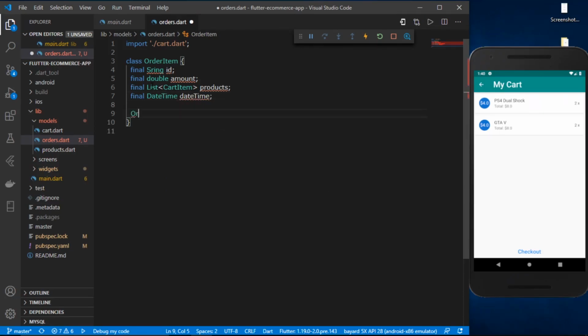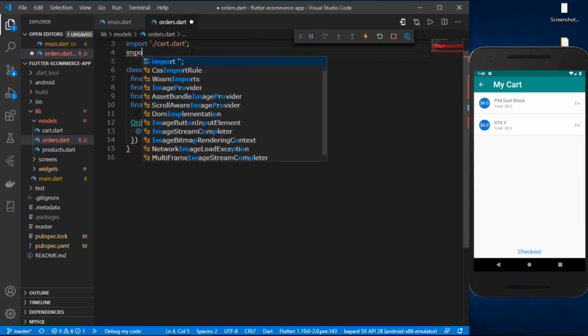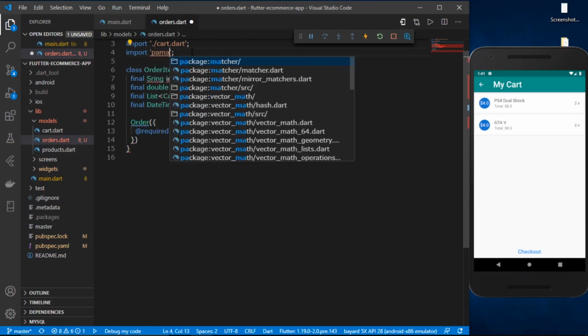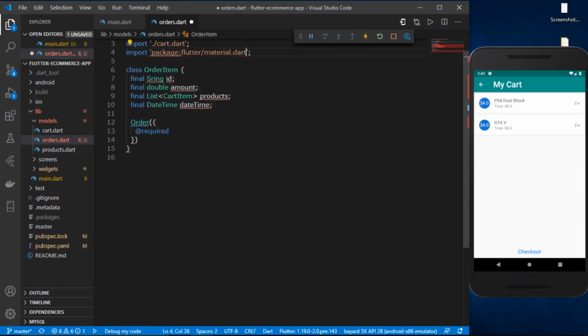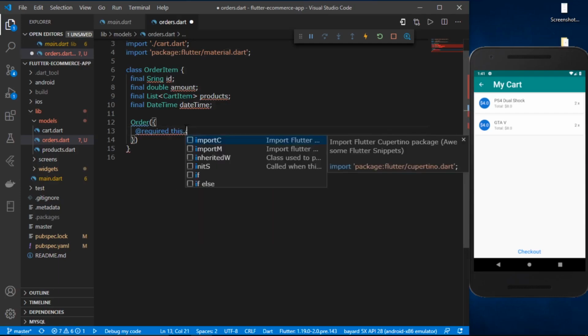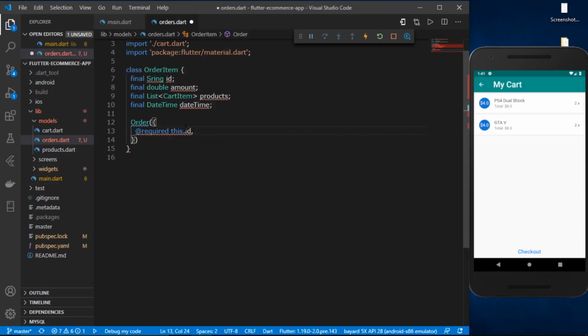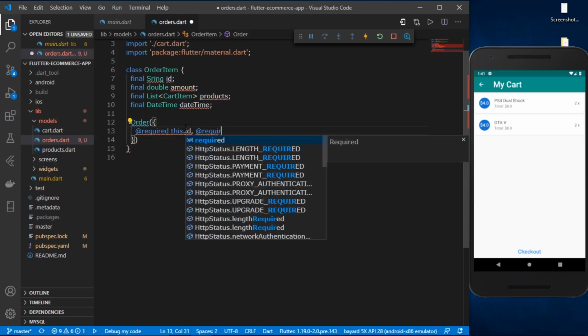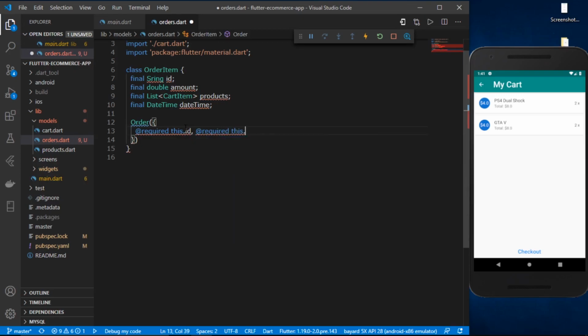And then going to the OrderItem constructor, and we need to initialize our attributes. So here all will be required, so required, and to enable this required option we need to import the package material.dart, so package material.dart, and required this.id comma, required this.amount,